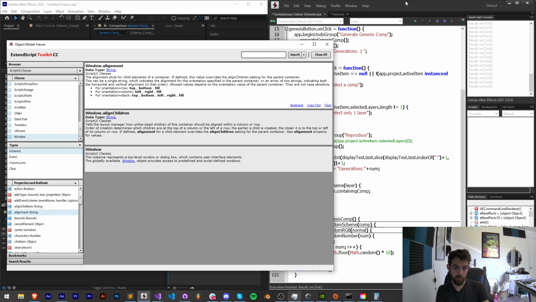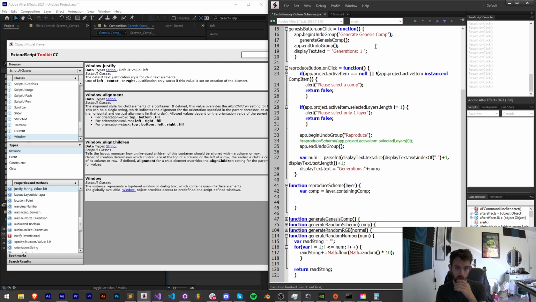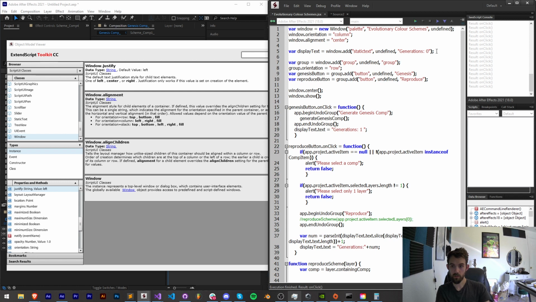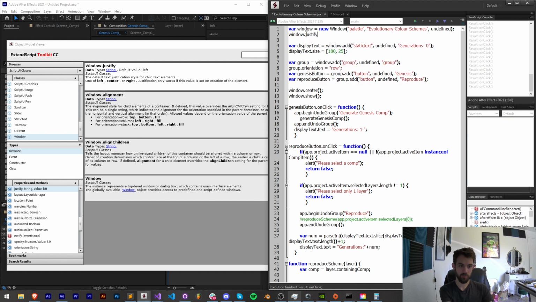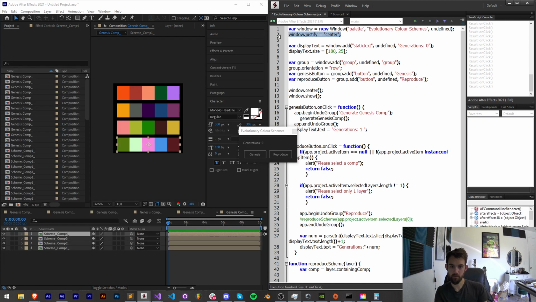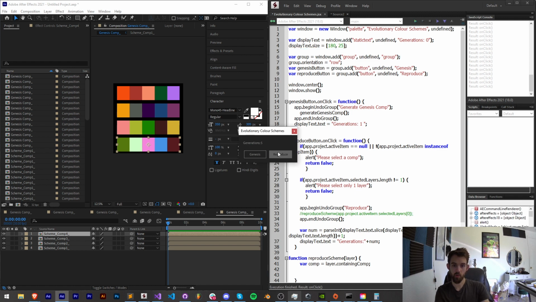Alignment. Actually, it might be justify. Let's say bring back our display text.size is equal to 180 by 25, and our window dot justify. Let's try center. If we justify the display text. No. Alright, we're going to leave it like that for now because now we will be able to view all